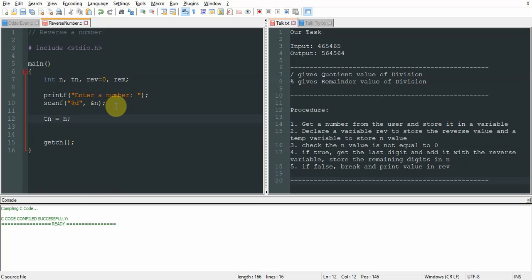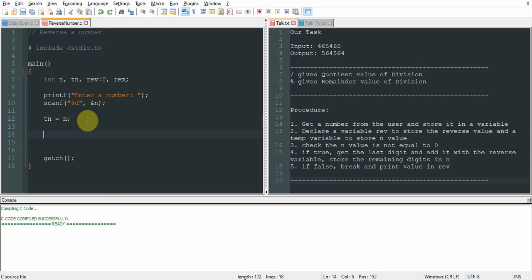I'm storing the variable n in the tn variable because when I replace the digits, the value of n will change. So, for backup purposes, I'm storing n in the tn variable.